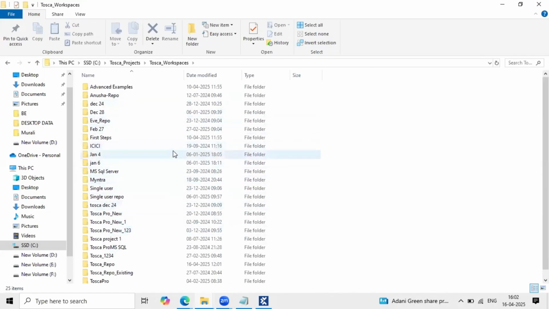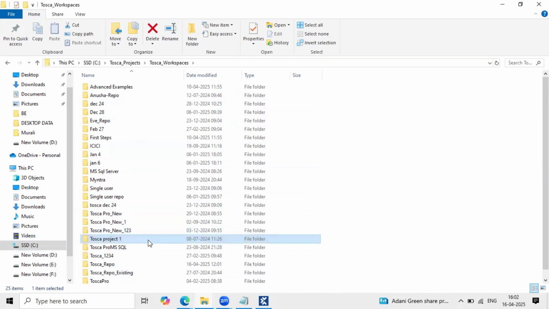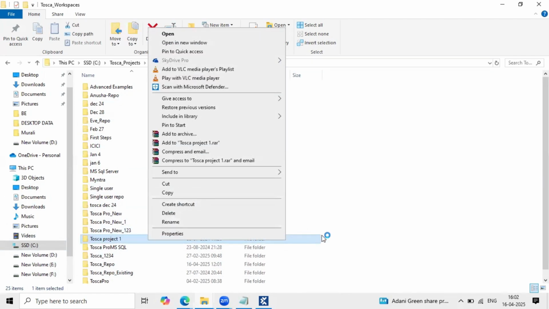Now, I want to copy one of these projects from the C drive to the D drive. Is that possible? Yes, we can. Simply we can right click and copy it. No, we cannot do it like this.